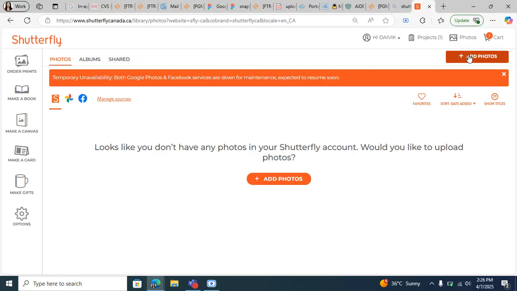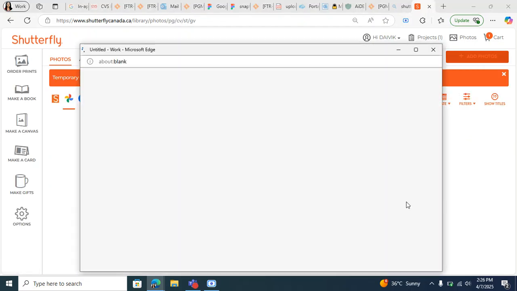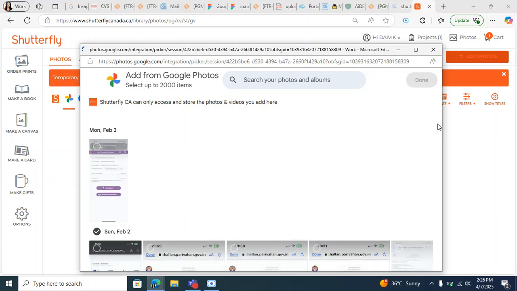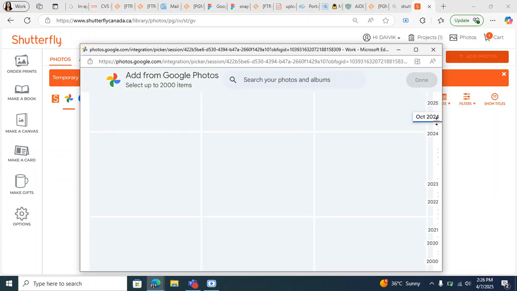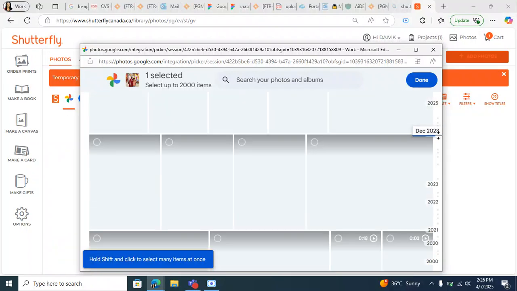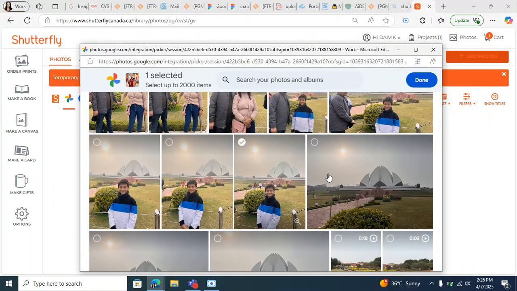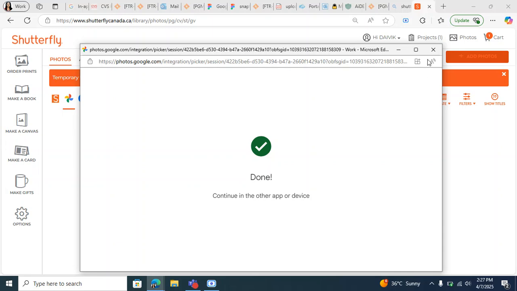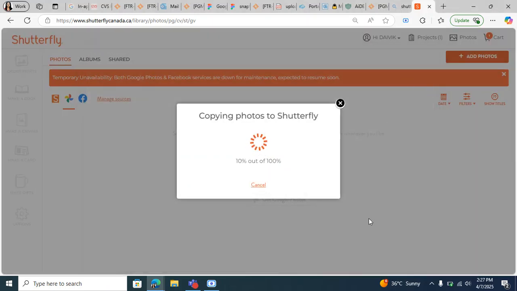And after that, they are expected to see their library, all the Google Photos, inside this picker window. Yeah, I'm able to see it now. So different images, whatever they have in their Google account, will be shown. They can select any image they want to use within our products and say done. After which the images will be imported to the Shutterfly Canada site,